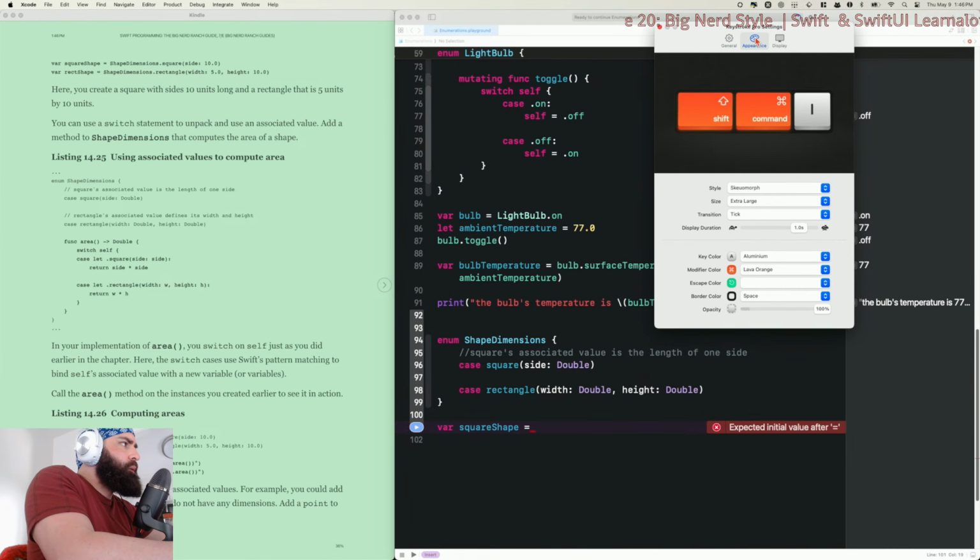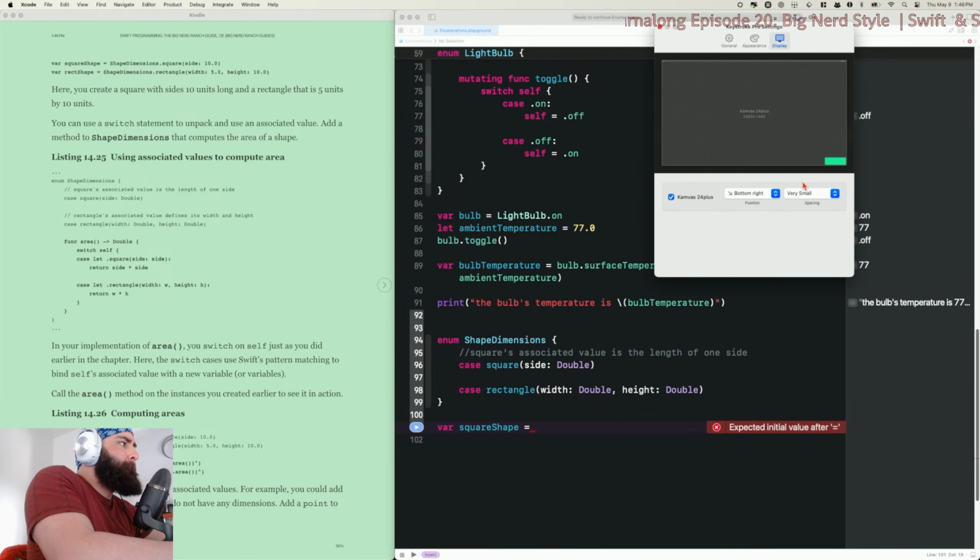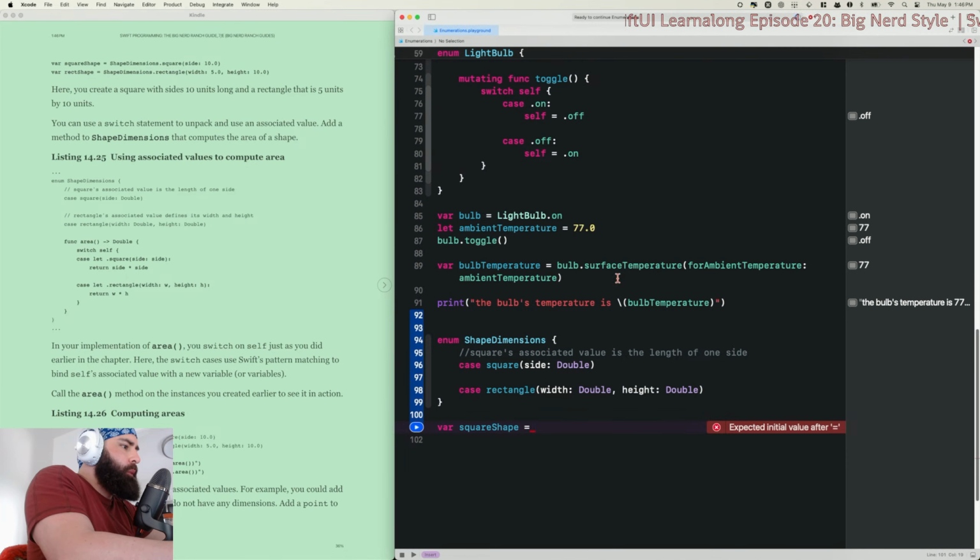I wonder why it's not. Well, it's not showing my command button for some reason, but it'll show escape. It won't show shift or option. Not sure what good that does me then.